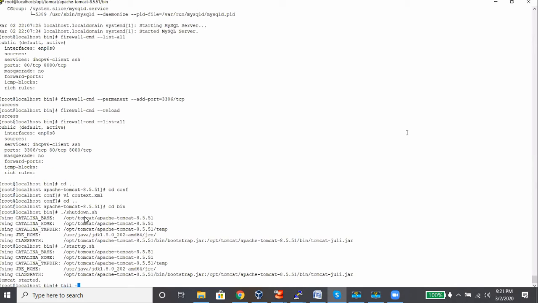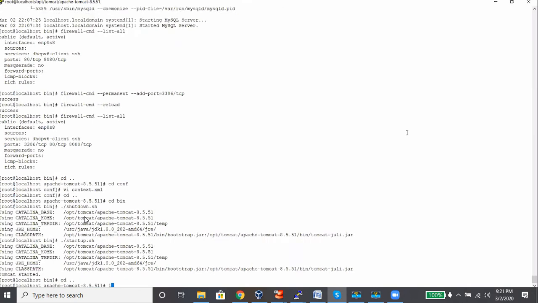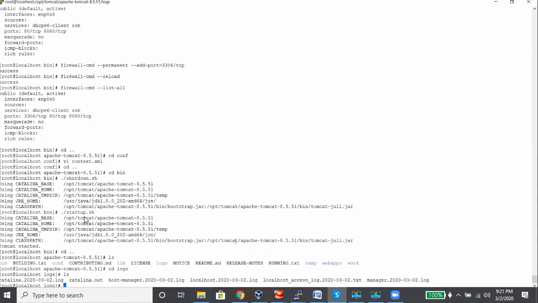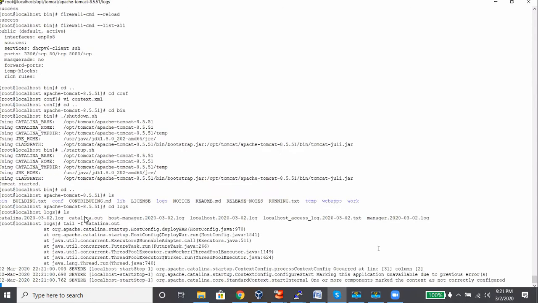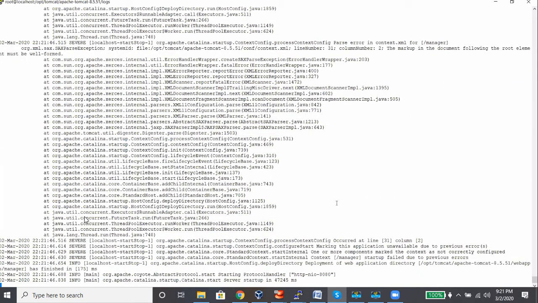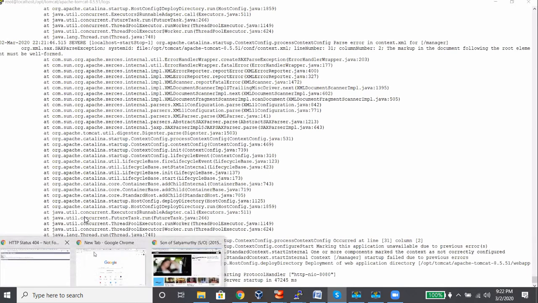So you can see the logs here. You have something called logs, and here you have catalina.out. tail -f catalina.out. Here you can see the logs. -f means live logs, whether Tomcat started properly or not, or any errors. Now you see Catalina startup in 47245 milliseconds.